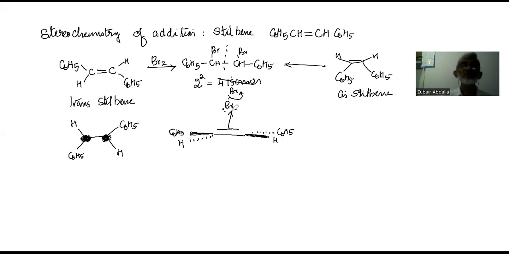The new bond is going to be formed here, and this bond will break. This bond breaks off, so this is a sort of substitution step. Simultaneously, this also attacks here at the same time. That means it forms a dative bond here. So we can show it like this, so we can write this as